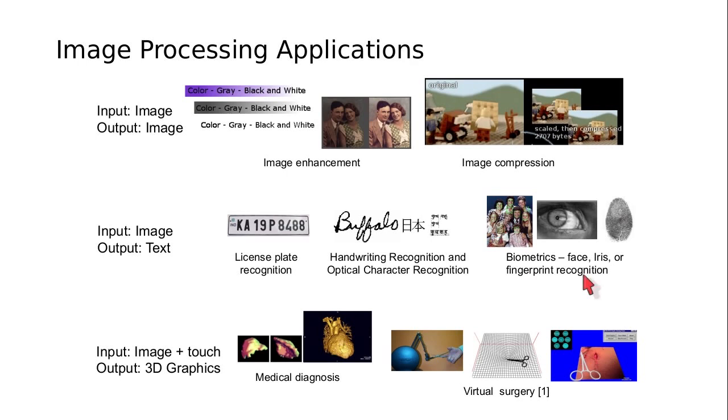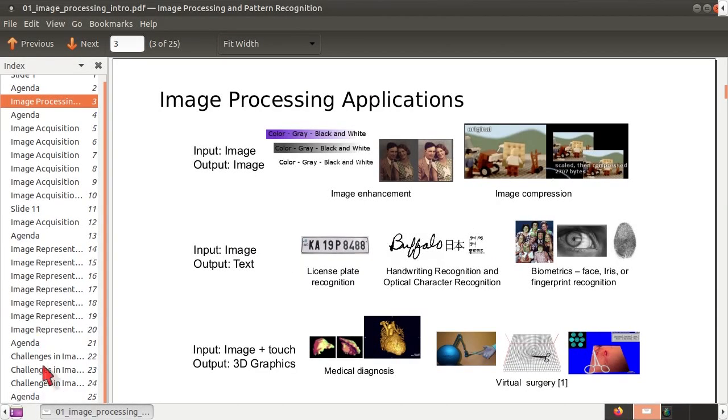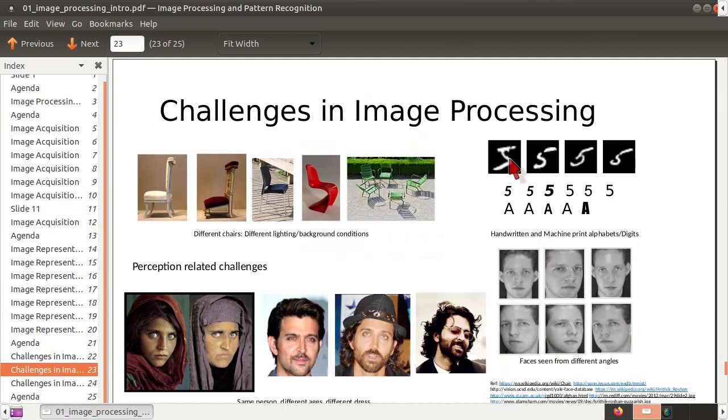Let's look at a few examples to see why it is a little bit difficult to get very high accuracy in these applications. For instance, you can see these are different samples of the digit 5 written by different individuals. You can see that the styles are completely different. And these are the digit 5 and the alphabet A printed using different fonts. Irrespective of these changes in the handwriting or in the font, the output should be the same. All of these should map to the digit 5, and all these examples should map to the alphabet A.